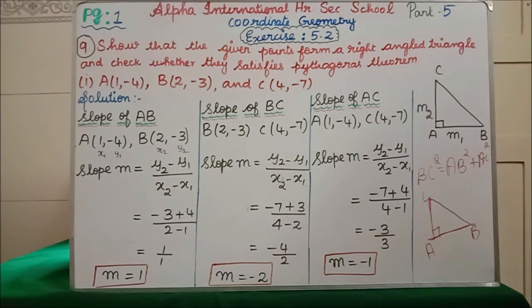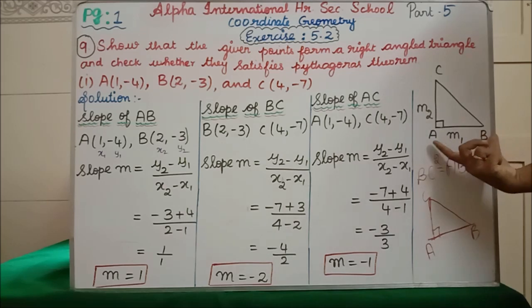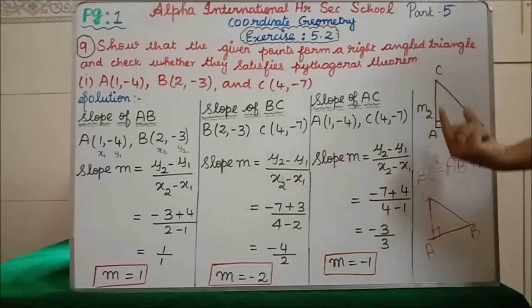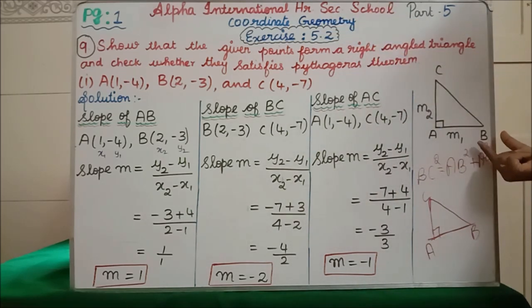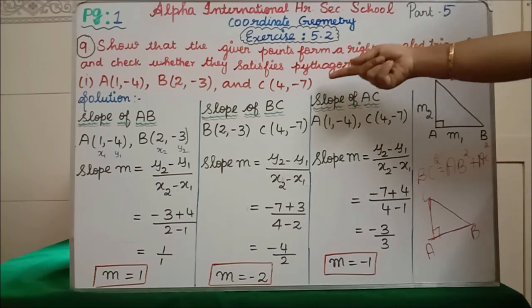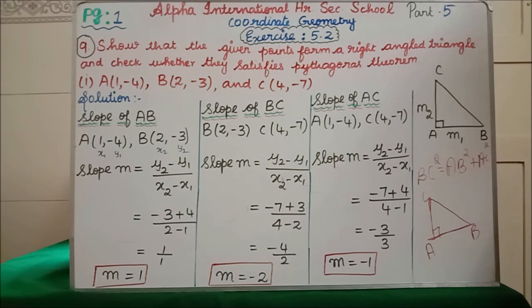Students, this 9th question is very big. So I have written that in the corner as page number 1. According to page number 1, you are going to write in your classwork. Clear? Now first I am going to find the slope of AB. See, the A value they have given in the question. Similarly the B value also they have given in the question. Clear? The C point also they have given in the question. Clear? Shall we start the solution now? Yes, solution we are going.